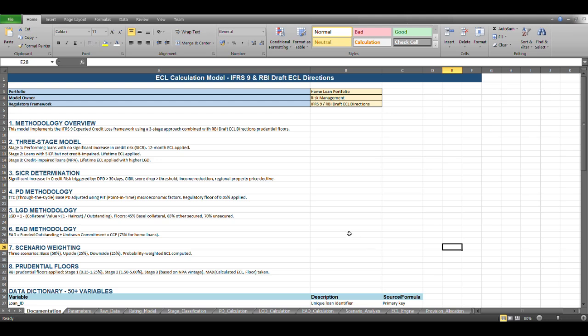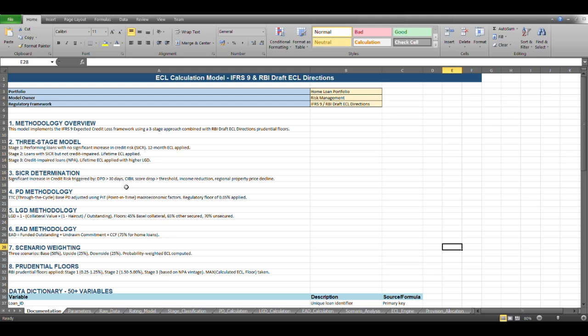This model covers 950 active home loans with an exposure of approximately 3 billion, and it produces a final provision as well, which I will show you at the end of this Excel series. So let us go through the methodology, the calculation engine, the scenarios that I have taken over here, and the final reporting dashboard, how it looks.